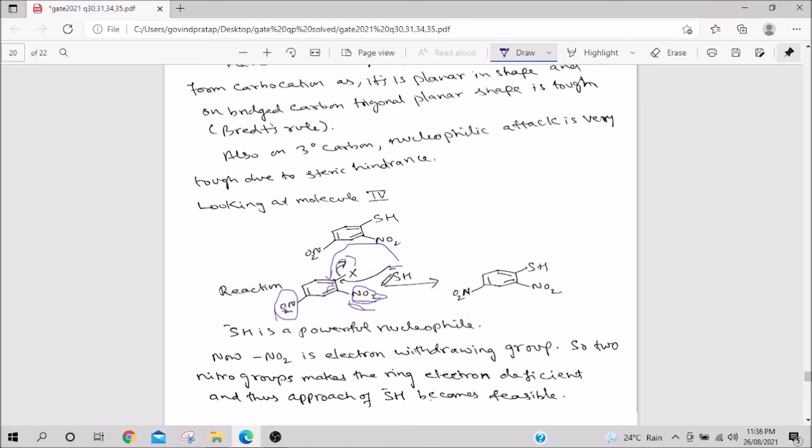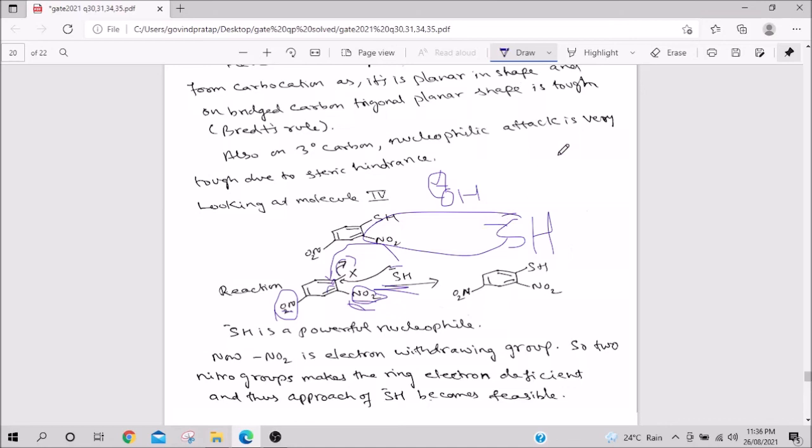Sulfur with negative charge is a very strong nucleophile. It is a more powerful nucleophile than OH minus. Why? Because oxygen is more electronegative than sulfur, so its lobe is small, whereas sulfur is much bigger. Because sulfur is less electronegative, the lobe is very big. So it's like pickpocketing. If somebody's hand is small, they cannot pickpocket well, but sulfur has a long hand, so